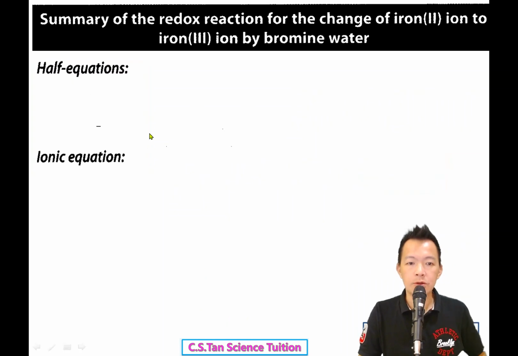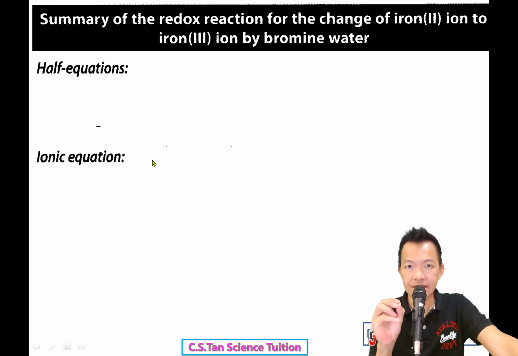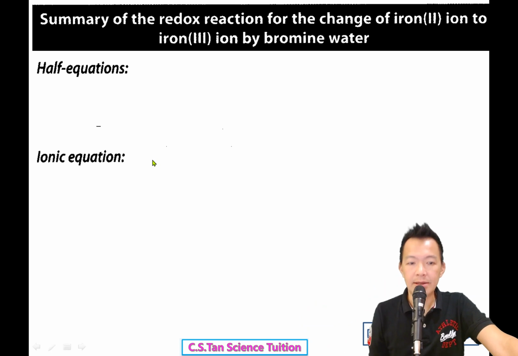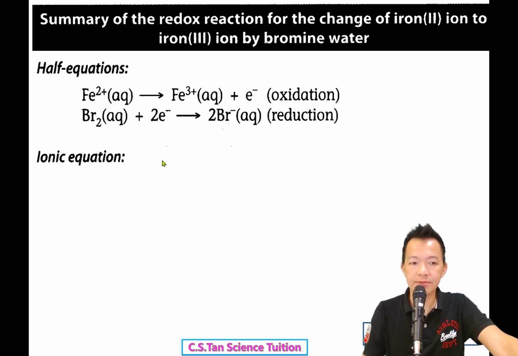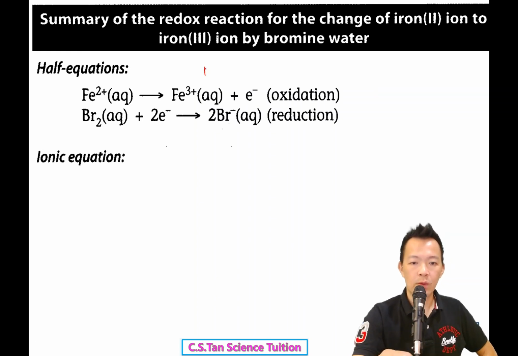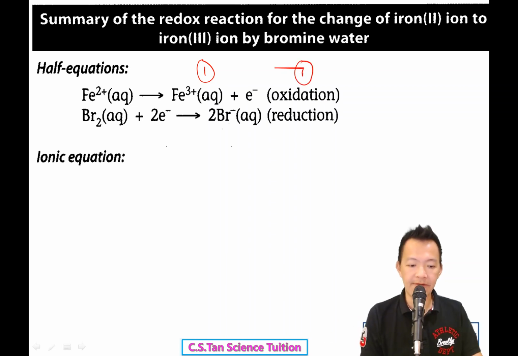Next. How to write the formal answer in exam? 在考试讲写答案呢。Do you believe that this style of question, they give you the marks so fast? 你可以在2分钟之内拿到你的10分，然后快快乐乐的回家。Okay, so now write the half equation. 写出你的 half equation. Iron 2 lost the electrons to become iron 3, and because of lost electron, this is oxidation. So half equation, you get 1 mark, 你拿到1分。Oxidation, the word here, 这个字 you get another 1 mark. So now you have 2 marks 啦，你已经有2分了。